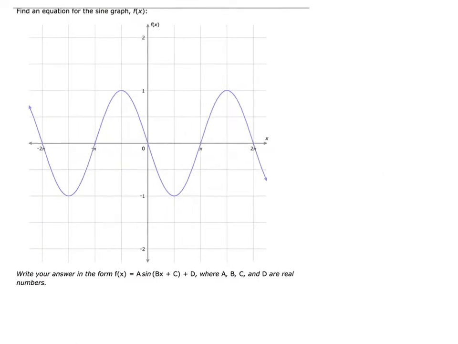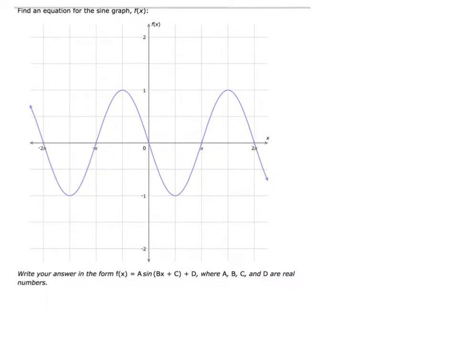So let's just keep track of those general steps